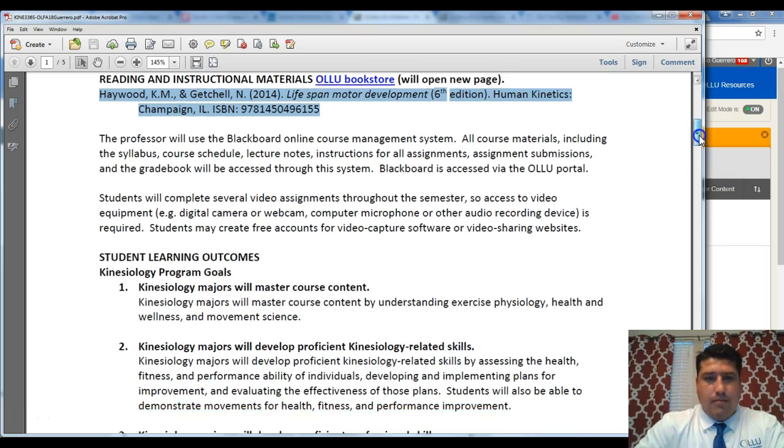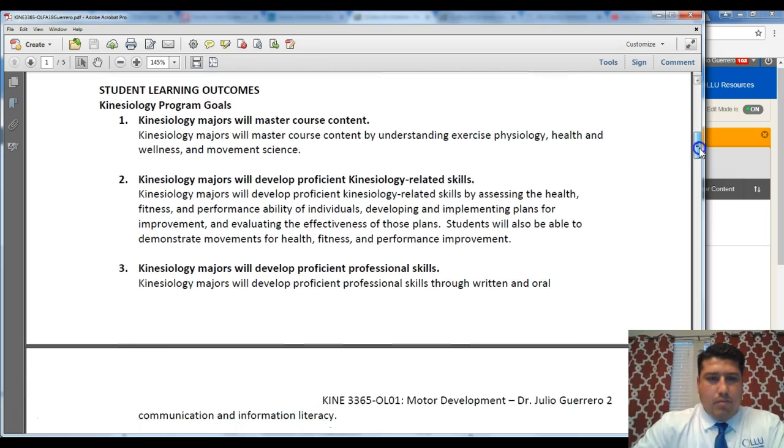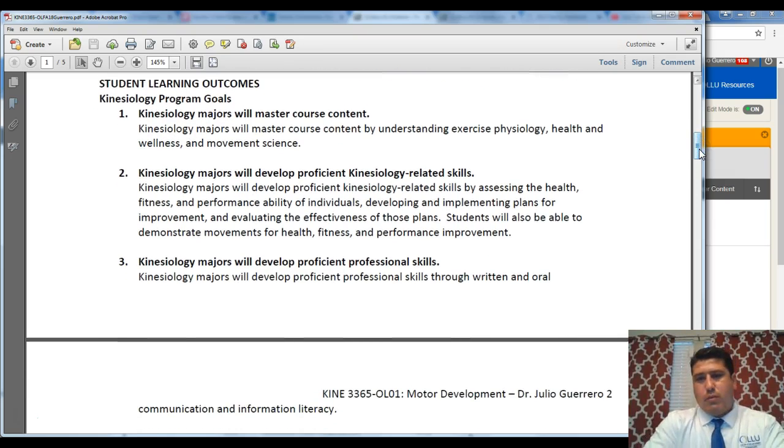Okay, you can look at our new program goals for the kinesiology program. We do want you to master course content. So for this course, we want you to develop a thorough understanding in motor development, as well as other courses. But overall, as a kinesiology major, we do want you to develop proficient kinesiology-related skills, especially in terms of assessing the current health, fitness, or performance ability of individuals, and in the ability to develop a plan and implement a plan that will improve